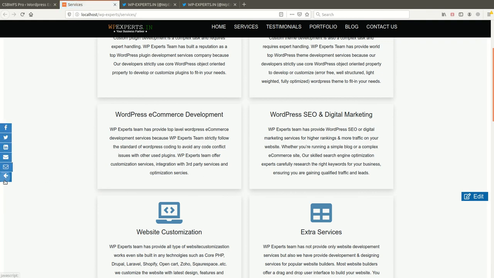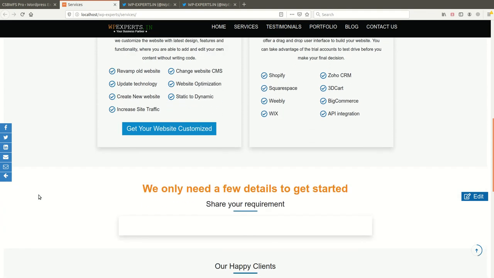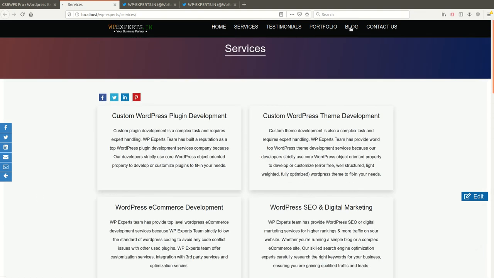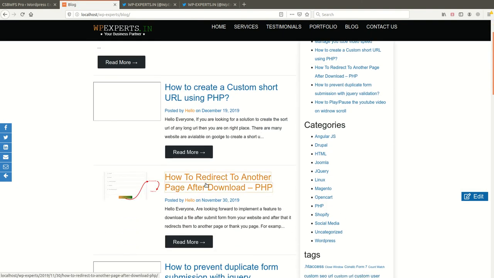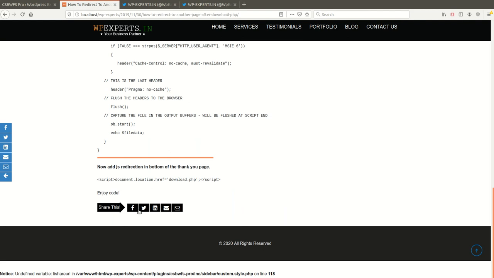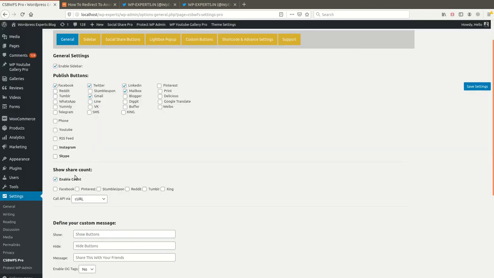You can see the buttons are displaying in a very smart way with blue color. Let me check: these buttons are showing in the background color, but these buttons are showing in blue color.